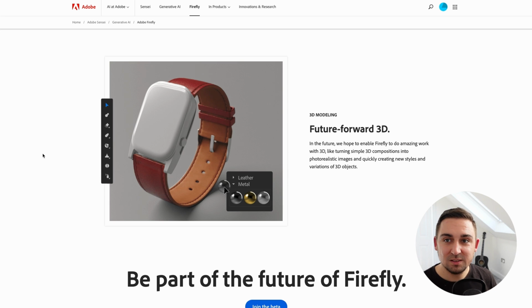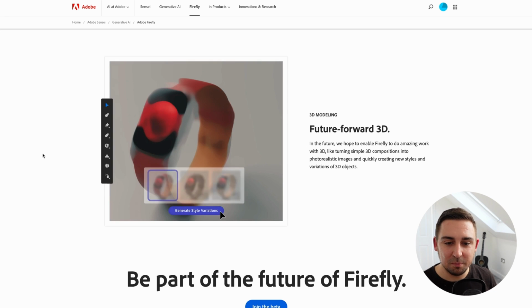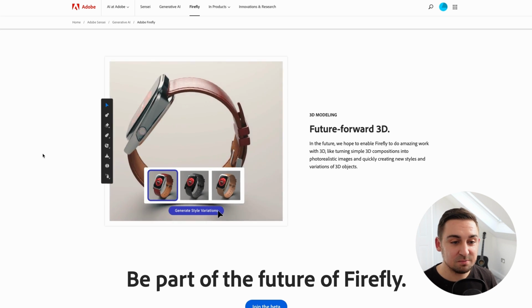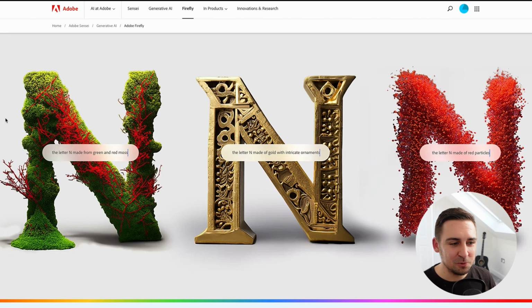You just change the variation and spin up completely different styles of 3D objects. Now there's been quite a bit of fuss over this tool. In this example, we've got the letter N, and you can see 3 different prompts. The letter N made from green and red moss, the letter N made of gold and intricate ornaments, or the letter N made of red particles. And I think it's a pretty cool feature, but at the same time, I'm not really sure of the practical